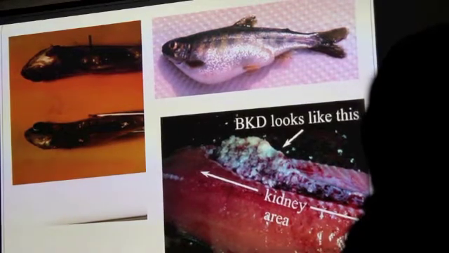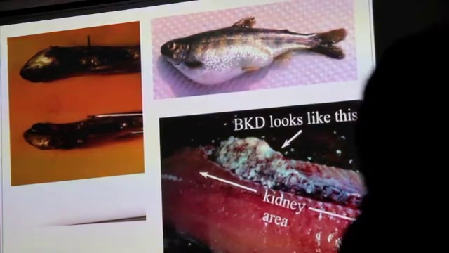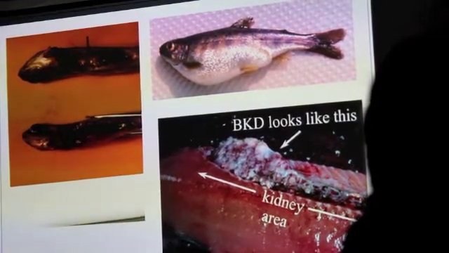So these are some pictures of the salmon. In the top left corner, you can see on the top some lesions on the kidney, and the bottom is a normal kidney. In the top right corner, there are ascites causing a drop belly in the salmon, and those are white granulomatous lesions in the kidney. And when they replicate, that will cause the organ failure in